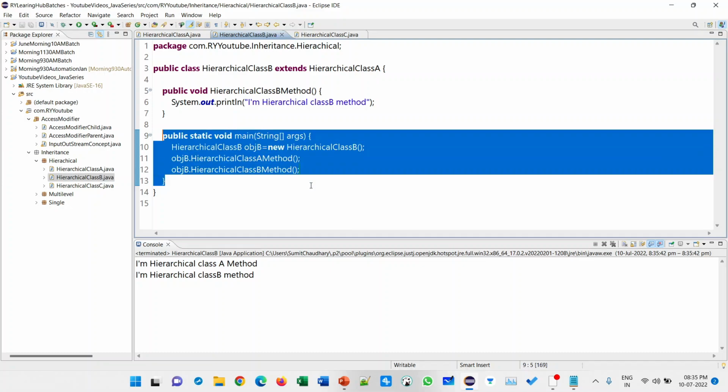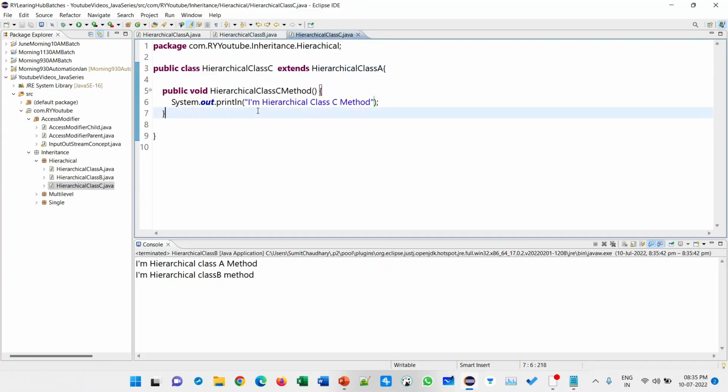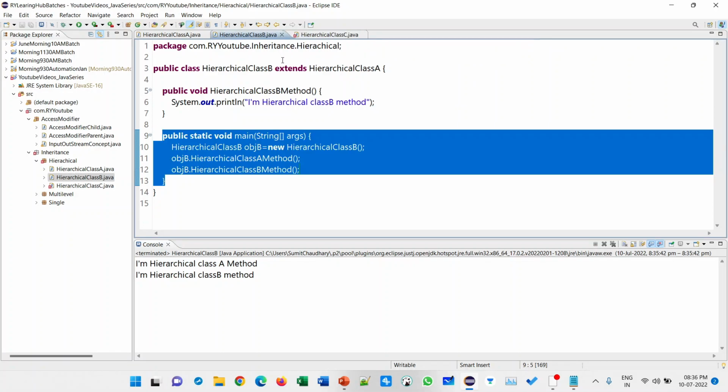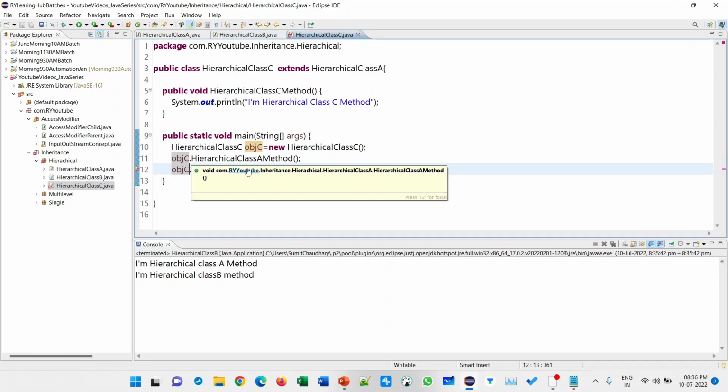Now I am going to copy paste this. Class C. You can see that C cannot access the B properties because B and C have no connection.